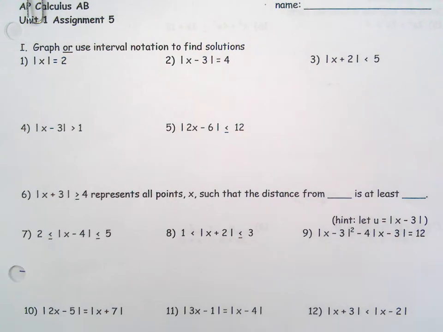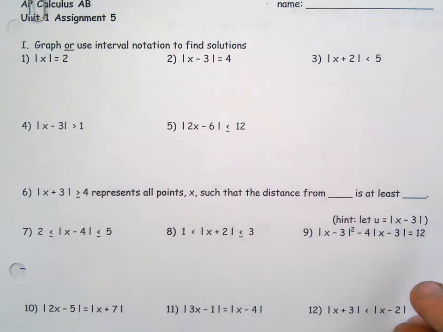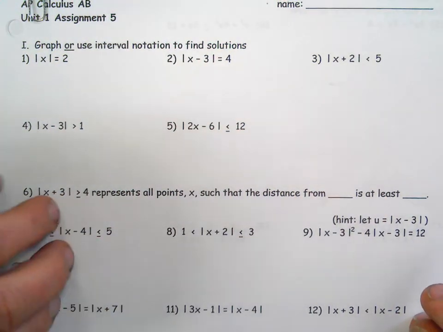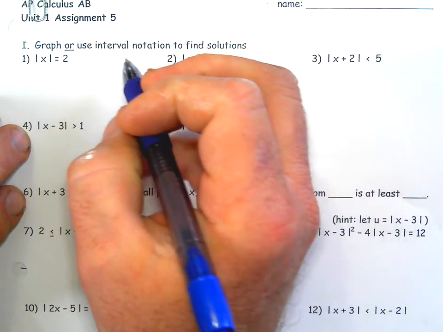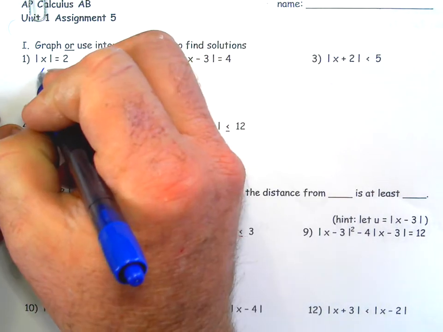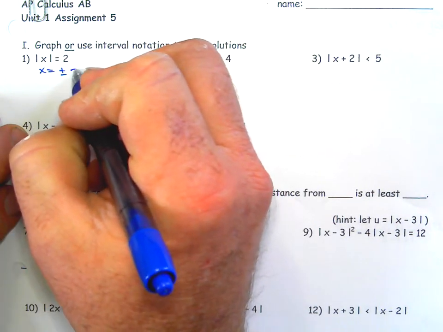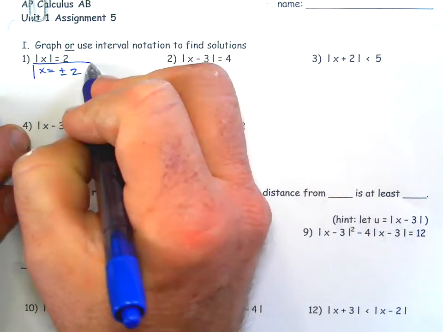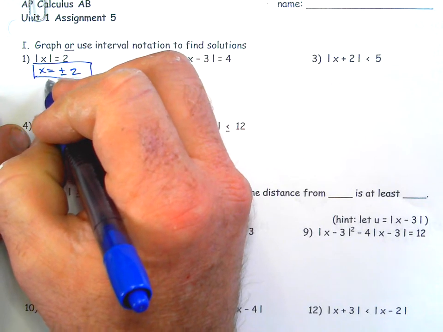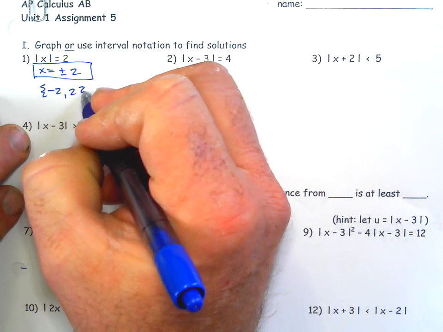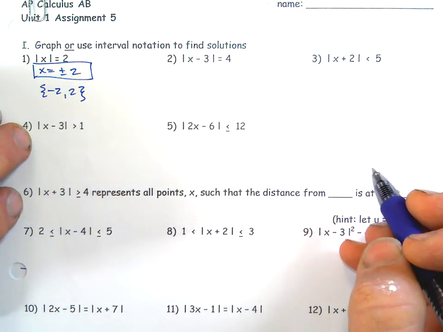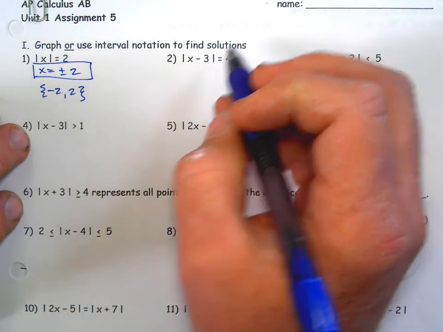You can fast forward through ones that you got right or figured out what you did wrong on your own, which would be really beneficial if you can figure them out on your own. So these first ones, this is just x equals plus or minus 2, right? So that's fine. I did write these in sort of like a set notation, which is kind of like interval notation. So if it's a list of separate numbers, you use these curly braces. So either way, this one right here, you could use that